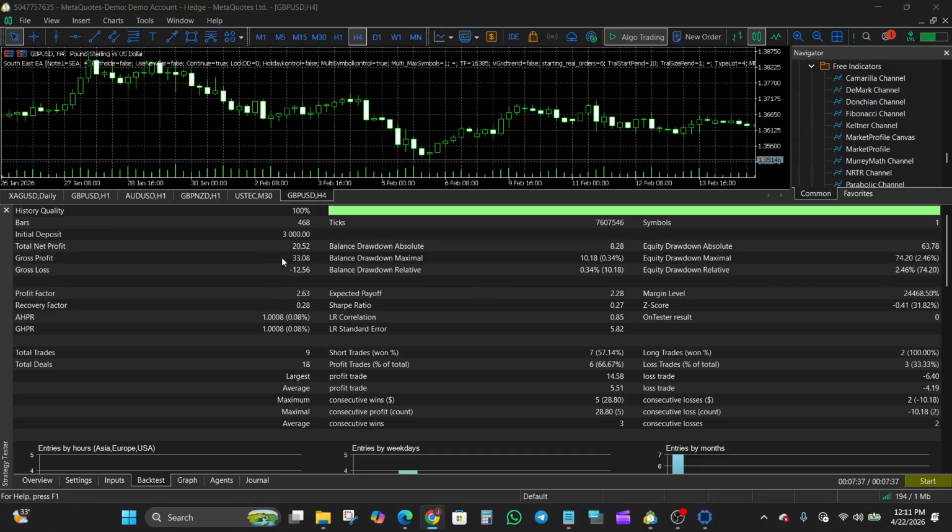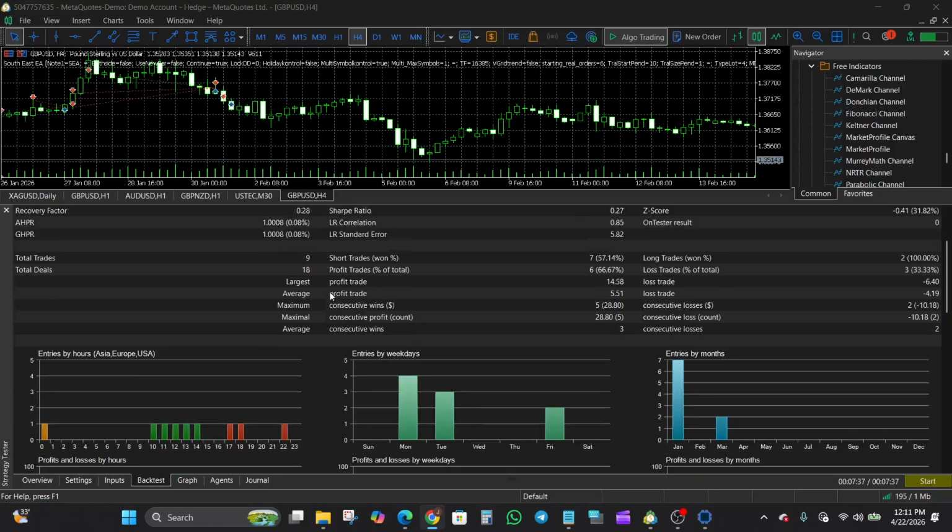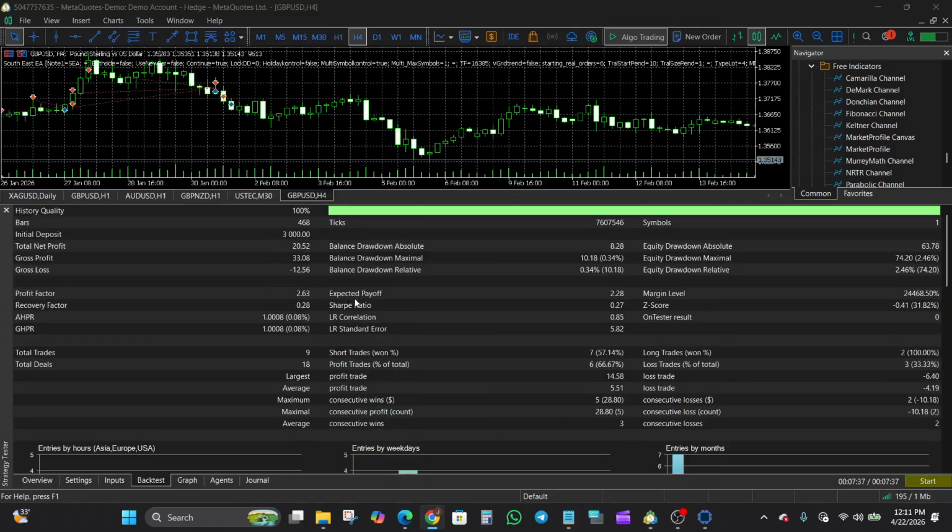This result is probably not up to the expectations that profit-minded traders will be expecting. But remember that these are just historical backtest results, right? Not future predictions. Performance will always depend on the risk settings used in the set file, the lot size and account size, market conditions during execution, and broker execution quality, amongst others, right? So even though the EA comes with pre-configured settings, users should still test and adjust based on their own broker